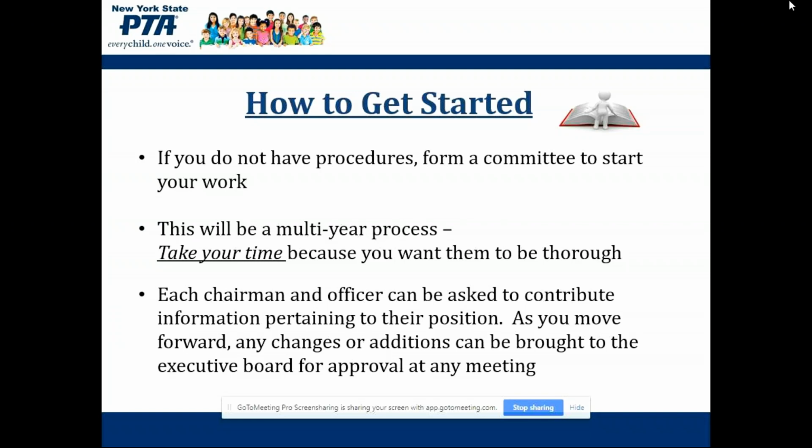You can start off by having each chairman and officer contribute information pertaining to their position. That's a good thing to know, especially when you're asking someone to be, let's say, corresponding secretary. What does your corresponding secretary do? If you're asking someone to step up to that office, how do they know what their job will be? The corresponding secretary can write up the things that she or he does, whether she takes care of the website, writes correspondence, sends out notices, whatever it might be. That is their job, and that way it can be passed on to someone who might be interested in the position or who might be nominated for that position